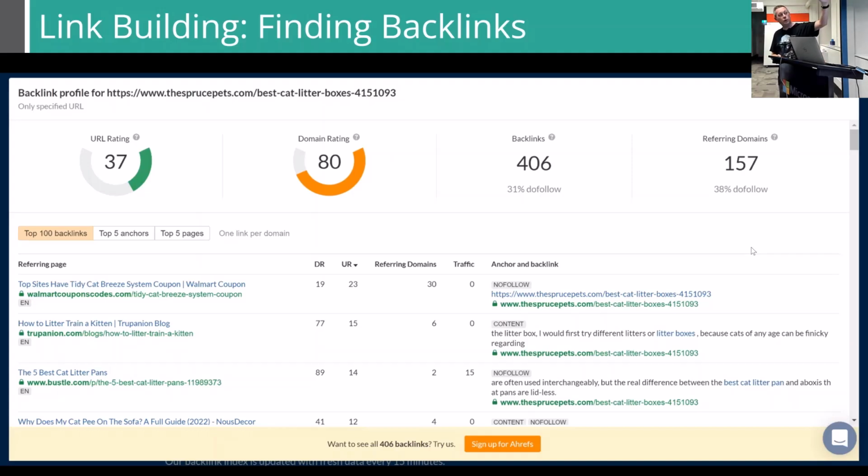So what you could do is, if you've got a better article, you can reach out to these places and say, look, this one here is out of date, it's like 2001 or something. I've got a 2024 version, and it includes this extra stuff. So this is you reaching out to the website owner, the blog owner, to say, look, I've got a better version of this content, would you mind swapping it over? So that's one strategy to do. Ahrefs gives you a little bit of information.